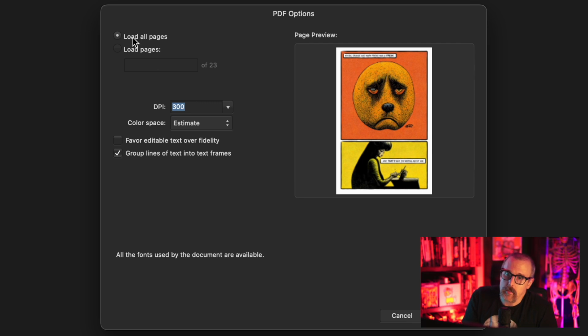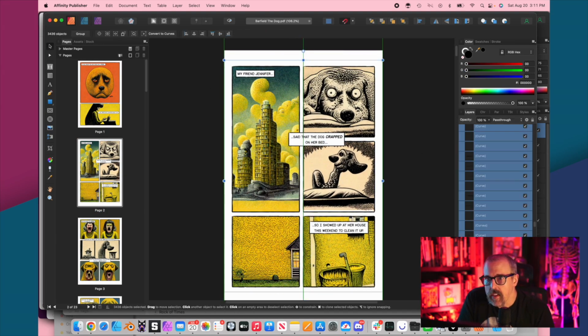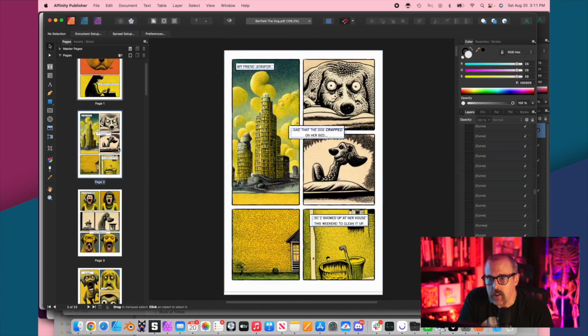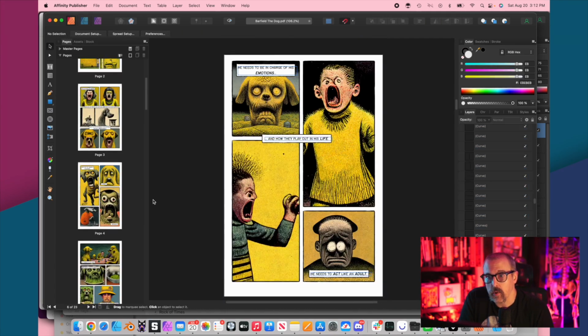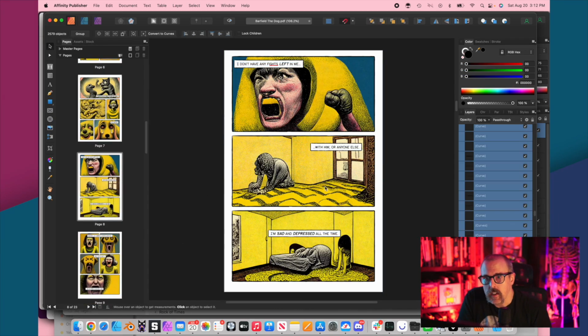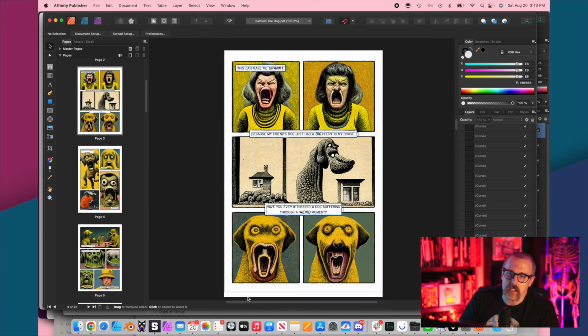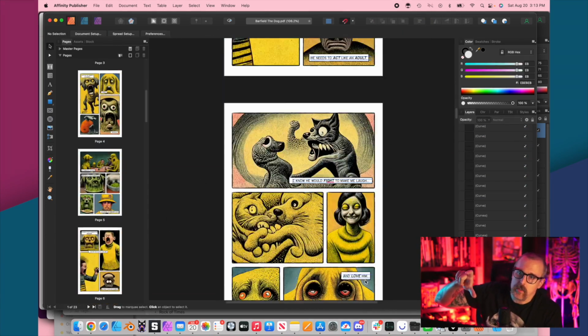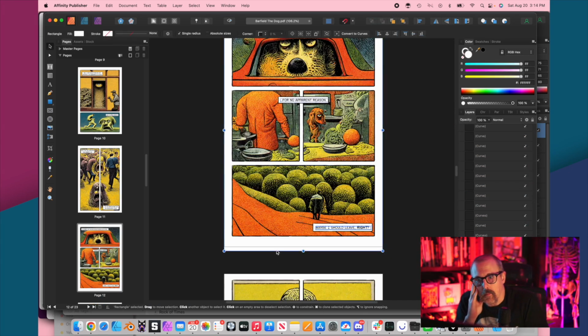Here I'm importing the PDF that we exported out of Comics Life into Affinity Designer. The one thing that I like to manually go back and do is adjust where the panels sit within the page. Affinity Designer tends to be top heavy, especially if you're using the basic layout, where there's more space at the bottom than the top of the page. And I think margins are important.